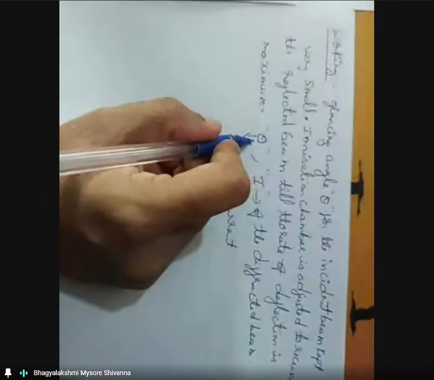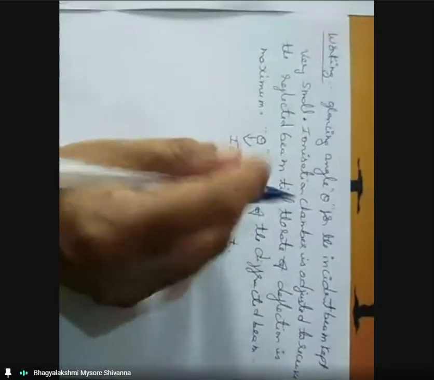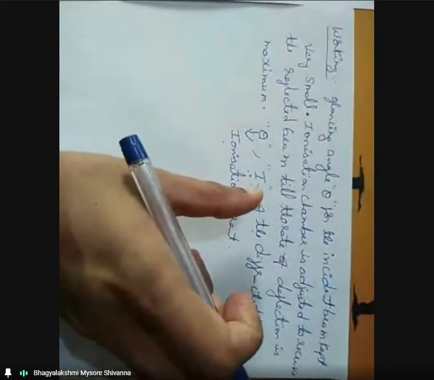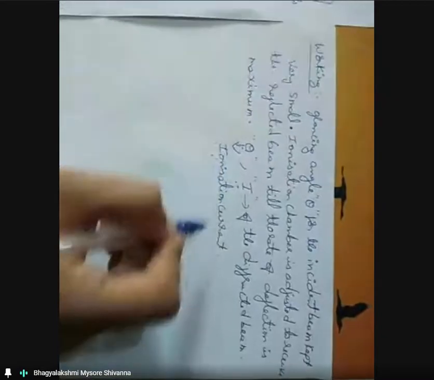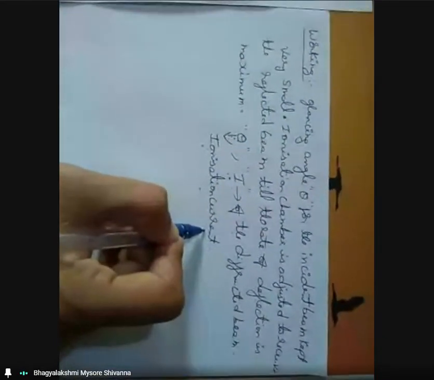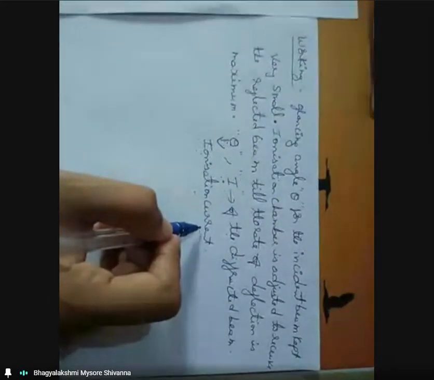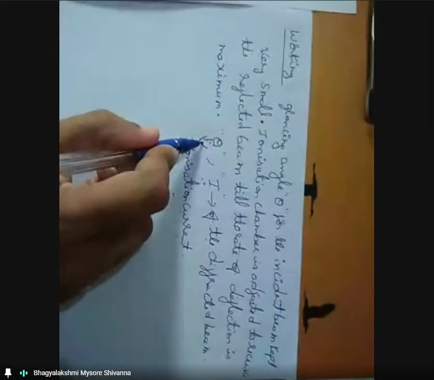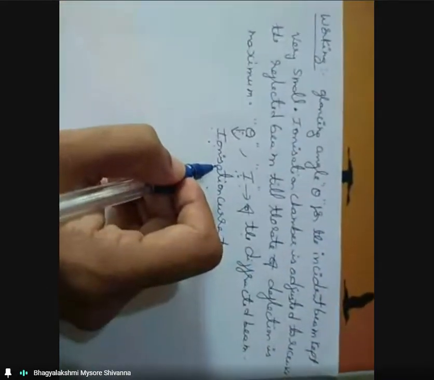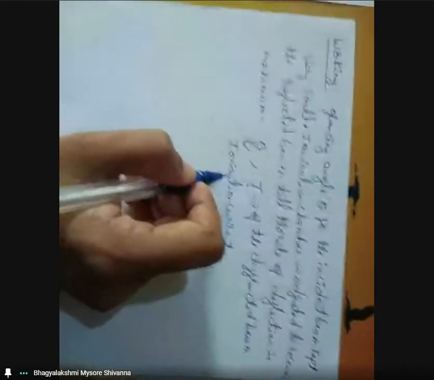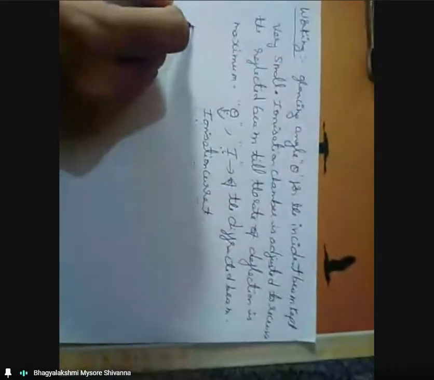This is the glancing angle theta and this is the intensity of the diffracted beam. When we rotate the crystal table, the glancing angle theta is increased in equal steps, and for each step the ionization current is noted. Then we plot a graph between the glancing angle theta and the intensity I, as shown in this figure.